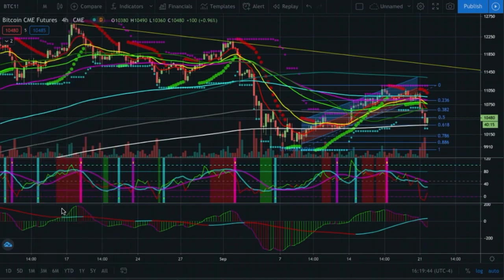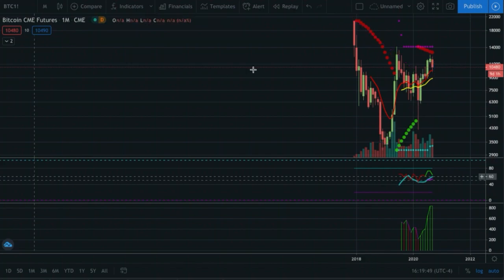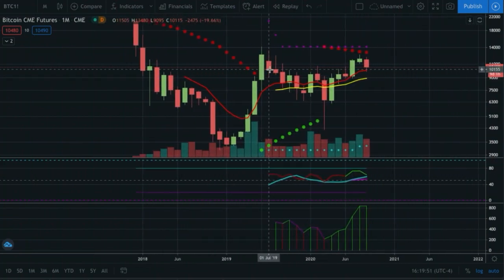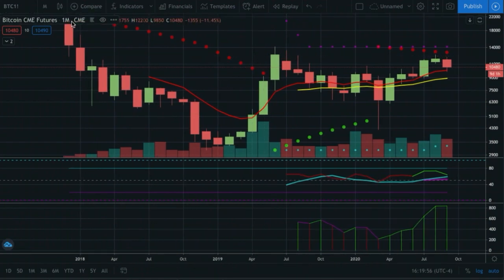I just want to remind you very quickly, while everyone is getting very bullish, this is the CME chart. This is when CME's open. We have never put in a higher high since then. We have only put in lower highs. We were at $20,000. CME's opened and we went down to $3,000. We got to bounce back up to $14,000. And then we sold back off to $4,000. And then we came back up to